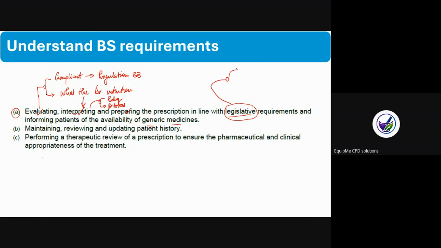Remember, when you're dispensing, there is phase 1, phase 2, and phase 3 of dispensing. In phase 1, you are supposed to check if the prescription is legal. So this is legal, if the prescription is still valid. When you're checking the legality of the prescription, you remember that this is regulation 33. For the validity, you're checking the details that need to be provided, but you're also working with section 22A of the Medicines and Related Substance Control Act, which speaks about when a prescription should be presented for dispensing. It needs to be presented within 30 days.